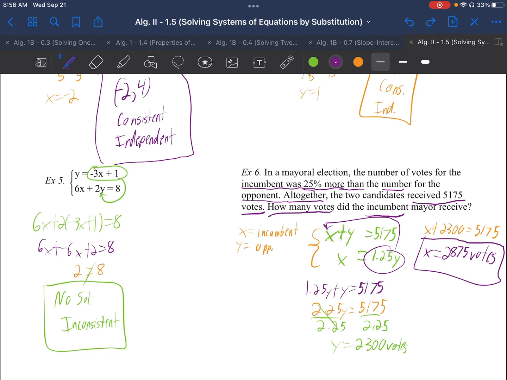That is it for these notes. Please go ahead and work on that 1.5